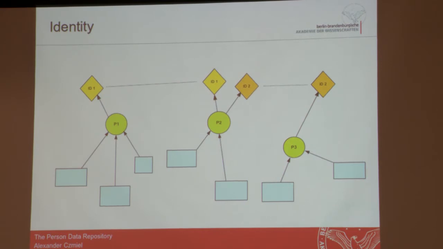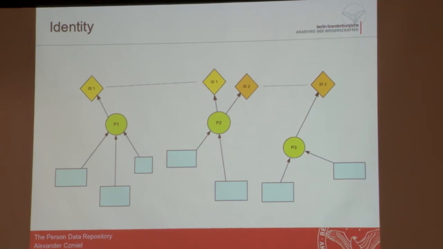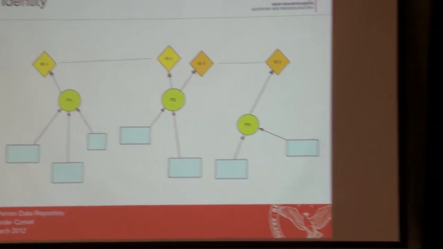And if you go one step further, and you identify that P2 and P3 are also the same person via LCCN, for example, then you know that every aspect belonging to P1 is also valid for P3. That's because it's the same person. But I know, it's not that easy.